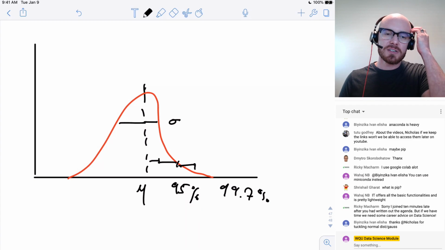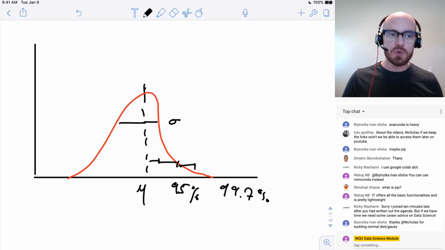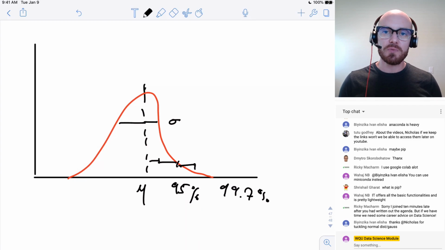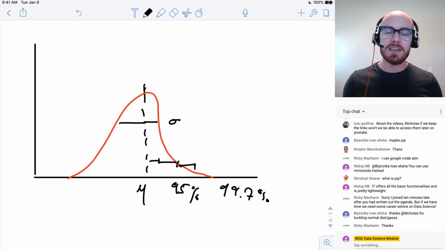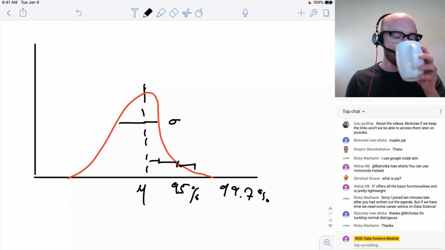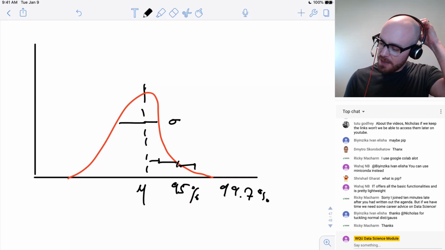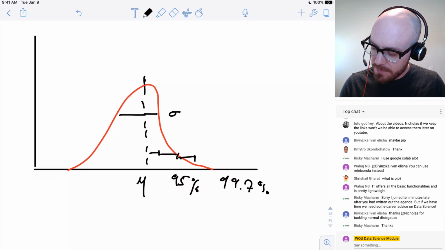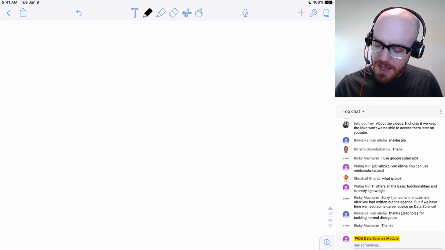Now the question is, when do we use a normal distribution? Well, you use a normal distribution when it's a safe assumption that the data you're looking at is distributed normally. Let's think about it this way.